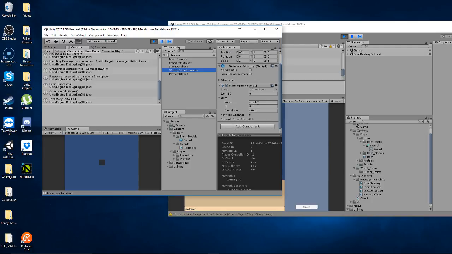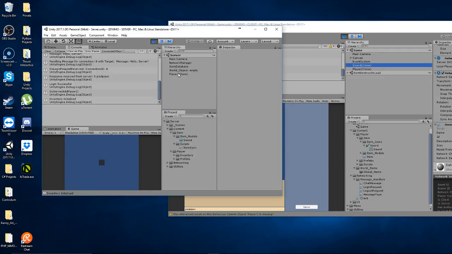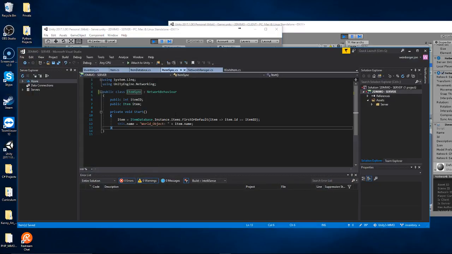Oh, wait a minute. Okay, weird. Did it take the value of this guy? How did it become empty? I do not know. Hold on, let me look at something. Item equals first or default. Oh, okay, so it defaulted to null